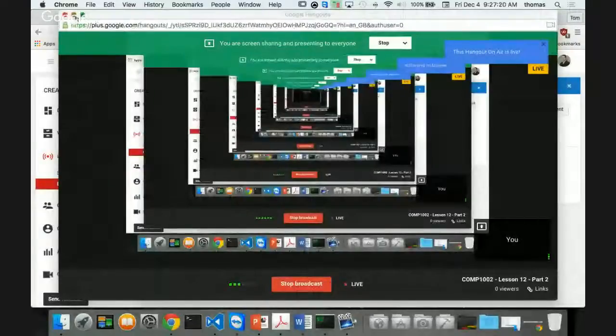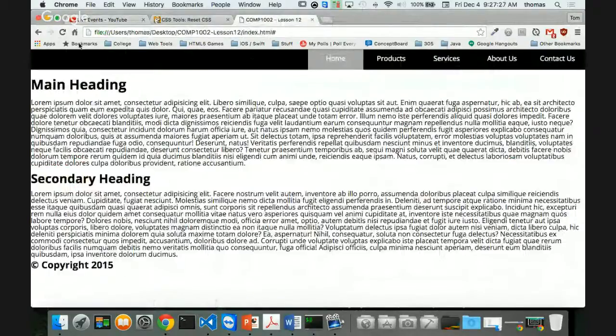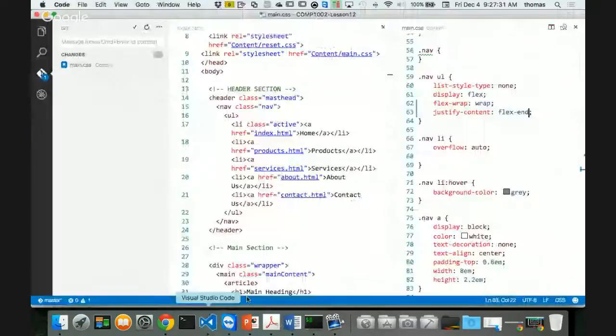Okay, we're back. So let's talk about that Flexbox model again one more time. Here's how I got the Flexbox model working, and let's take a look at what I did on the back end. So a couple changes. On the UL, forget the nav for a second, but on the UL, I added